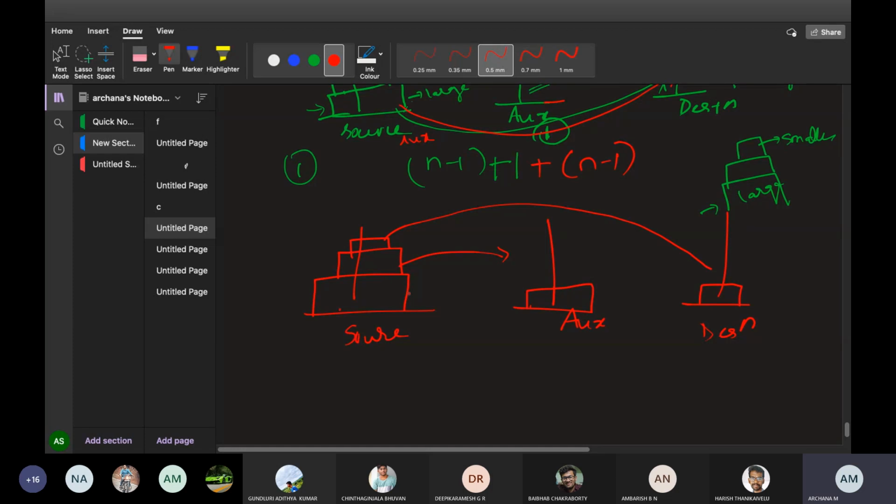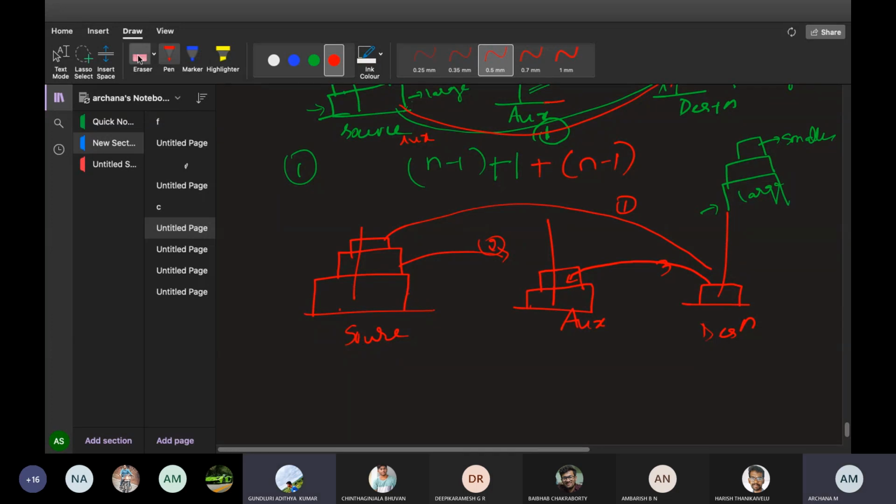Move this to the, this was the first step, this is the second step, and move the larger disk. Can a larger disk sit on the small disk? Smaller one to the auxiliary one. Then what? This one has to move. Okay, this is the third one. Okay, now